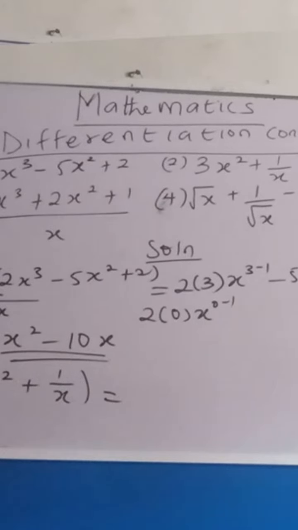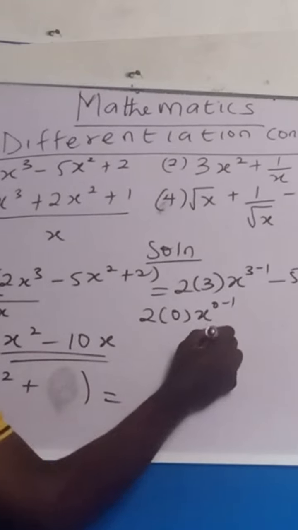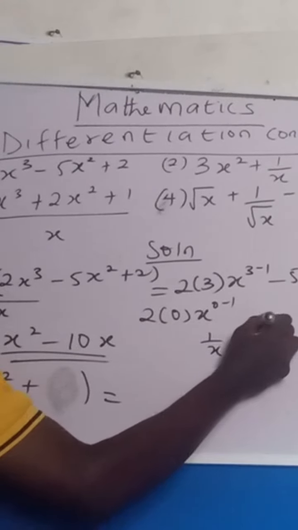What am I going to do? If you feel this one, I can change this one. Now I have 1 over x. 1 over 10 is the same thing as